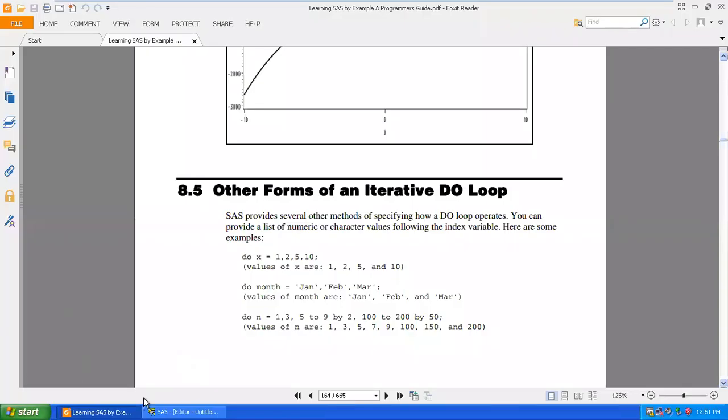Okay, and this is another way of writing your do statement. So instead of what we talked about, start to end, here we are directly focusing on 1, 2, 5, 10. Getting it? So here you can directly point out a particular value. The same thing happens over here.